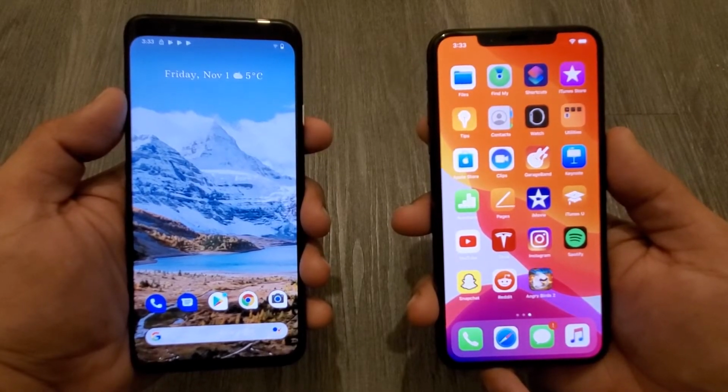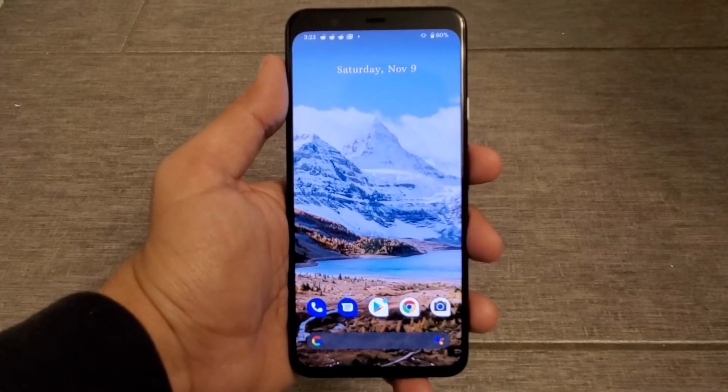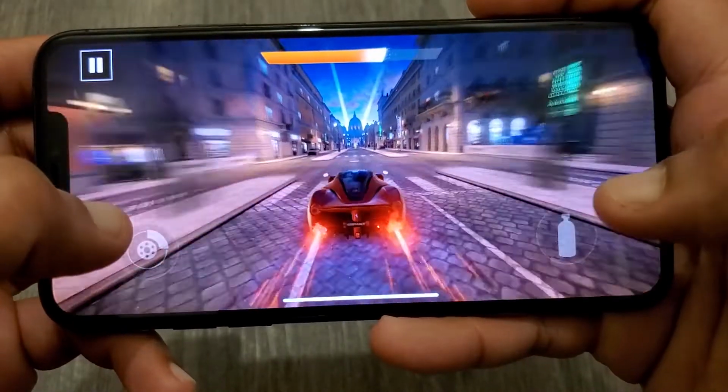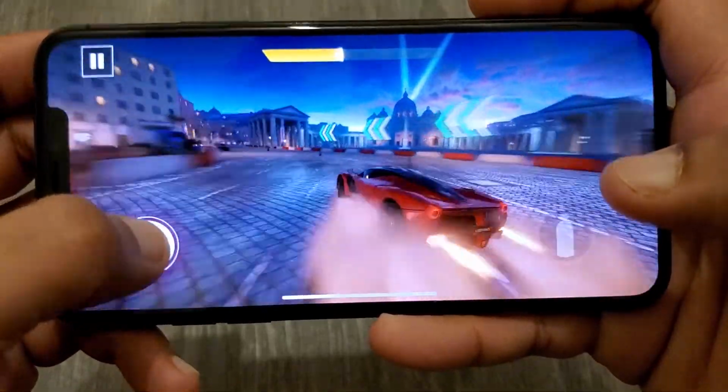Moving on to performance, the Pixel 4 XL has a Snapdragon 855 octa-core processor and 6GB of RAM. The iPhone 11 Pro Max on the other hand is rocking an A13 Bionic processor and has 4GB of RAM. This insanely powerful processor allows the iPhone 11 Pro Max to exceed the performance of the Pixel 4 XL even